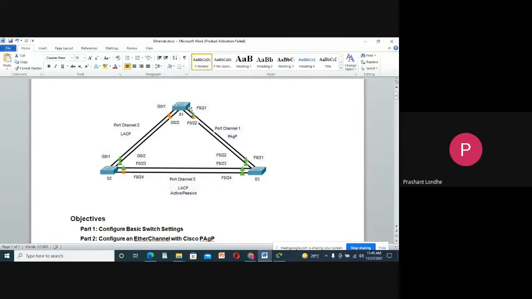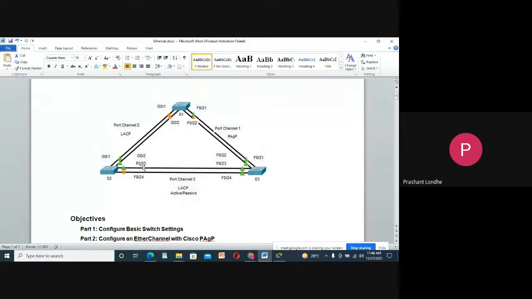FastEthernet 21 is connected to FastEthernet 21 of S3. Similarly, FastEthernet 22 of S1 is connected to FastEthernet 22 of S3. We are going to keep the same numbers, so it will be quite easy to remember them while configuring the devices.